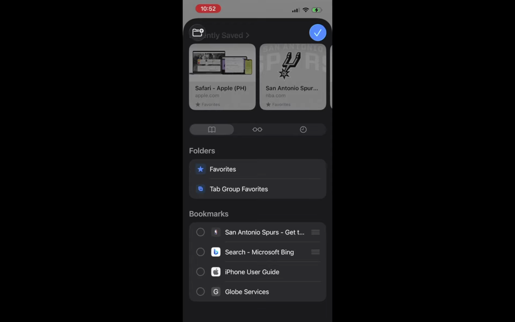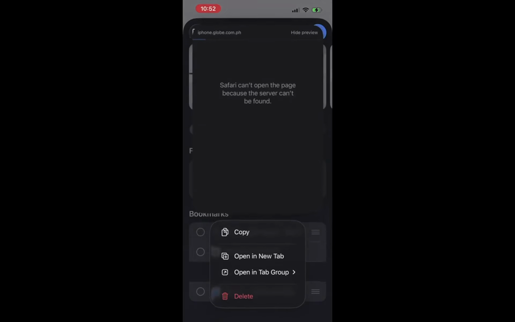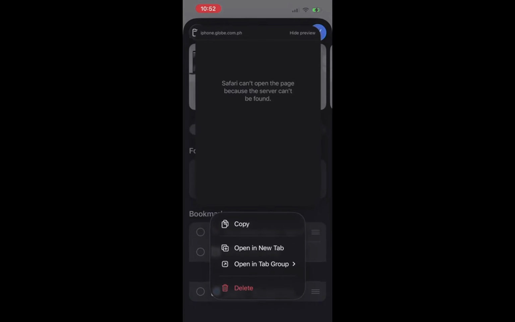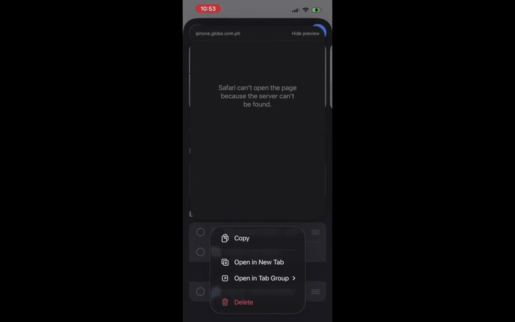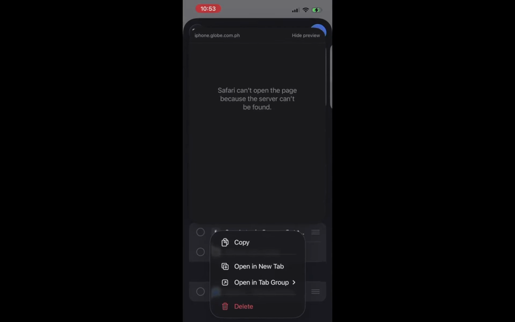Touch and hold the reorder handle, which is represented by 3 horizontal lines, next to the bookmark or folder you want to move. When you do this, the bookmark will lift slightly, indicating that it is ready to be repositioned. This handle is a key element in the reordering process, as it allows you to physically move your bookmarks to a new location in the list. Holding the handle firmly ensures that you have a good grip as you prepare to drag the bookmark.